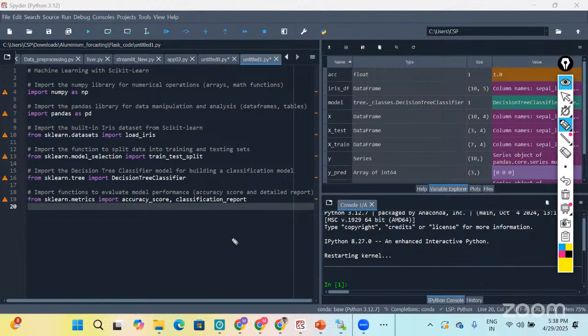Now, the next part is Scikit-Learn. The question comes, what is Scikit-Learn? Scikit-Learn is also known as sklearn.